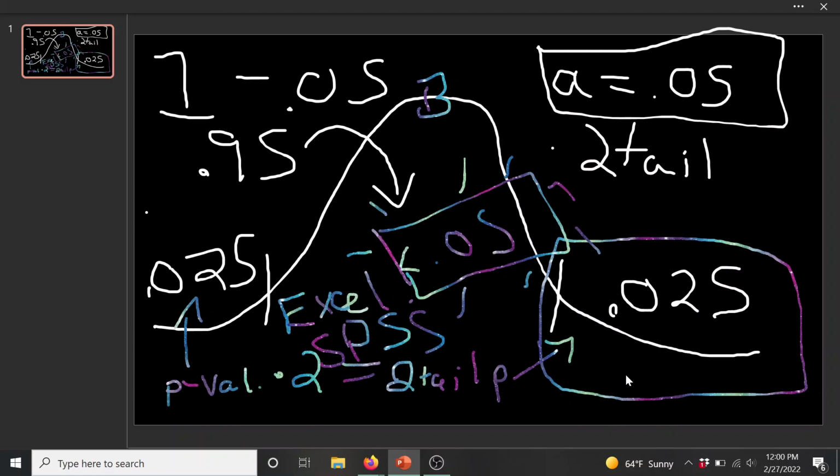Now, how does this math relate to you and your exams? Well, I looked through the exam. I tweaked one question just a little bit. You're not going to have to make this exact distinction on the exam. You're not going to be given a p of 0.03. And you're not going to have to say, is this significant or not, given a two-tailed test? Because